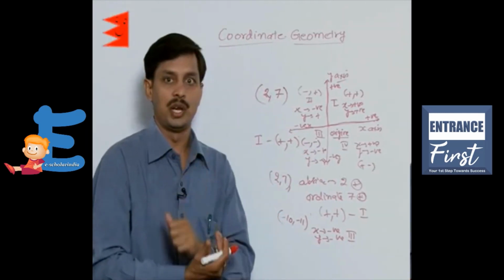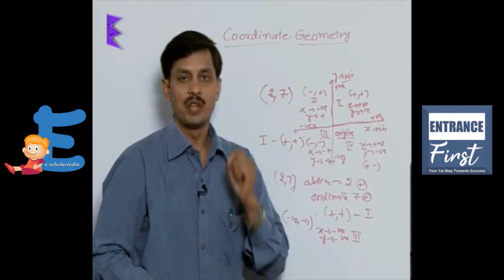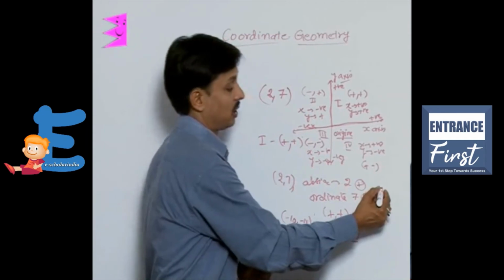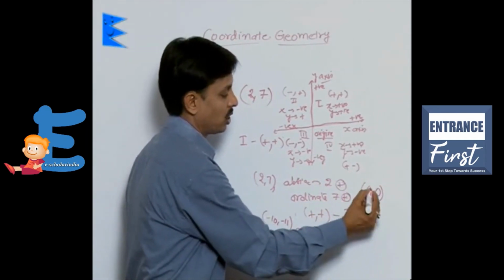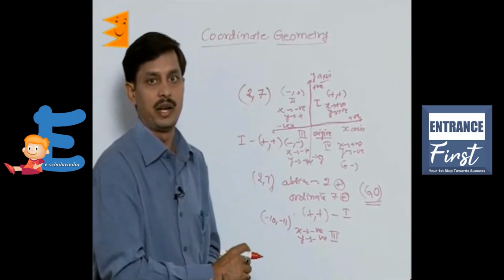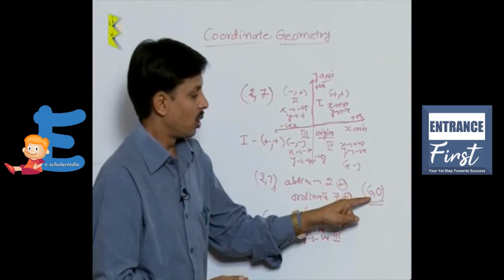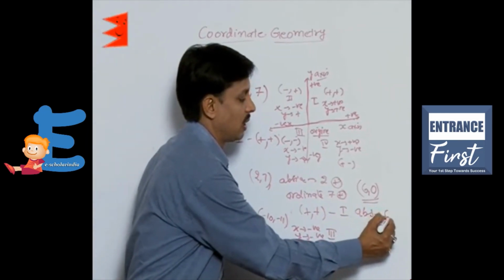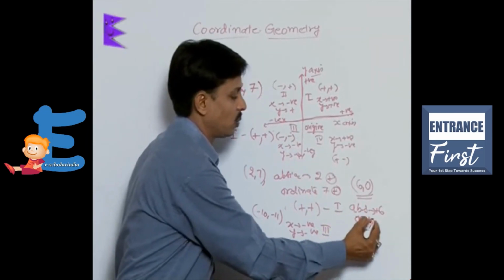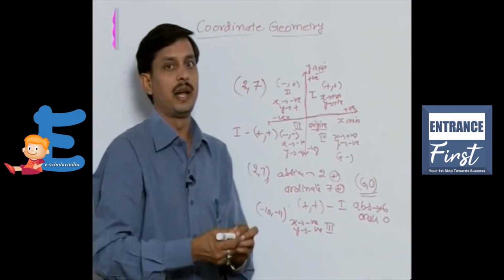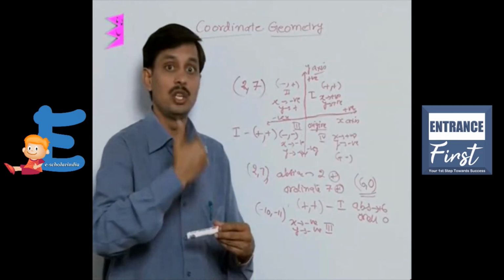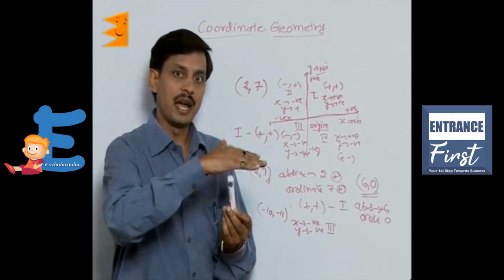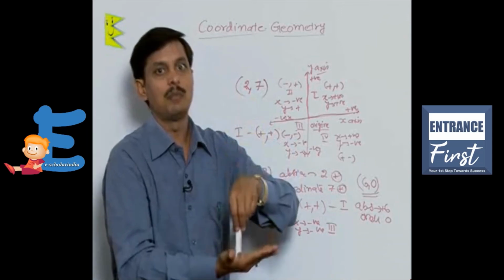Suppose I ask you a question where you will not be able to tell me in which quadrant the point lies. What is that question? Suppose I say (6, 0). This coordinate lies in which quadrant? Meaning, in order to locate (6, 0), abscissa is what? Abscissa is positive 6. Ordinate is what? 0. It means that we have moved 6 steps in the positive direction of the x-axis. But after that, neither have we gone up nor have we come down.